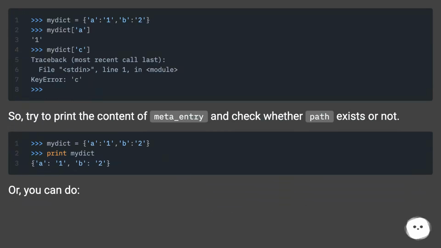So, try to print the content of men_entry and check whether path exists or not. Or, you can do